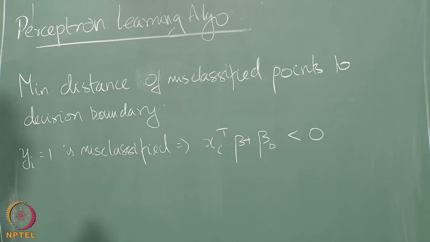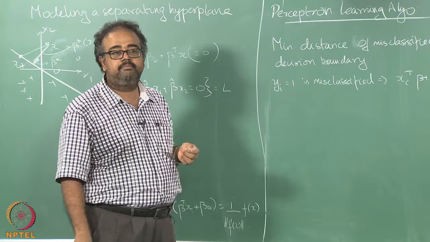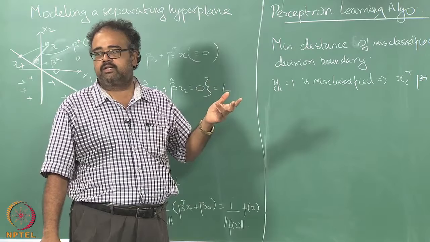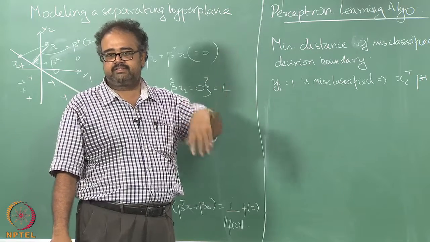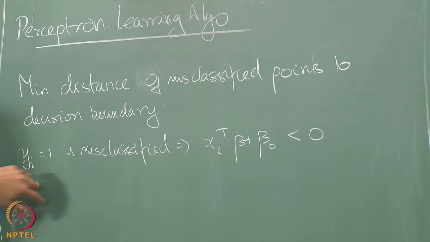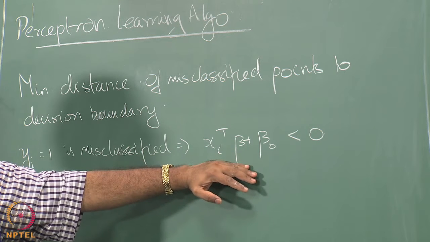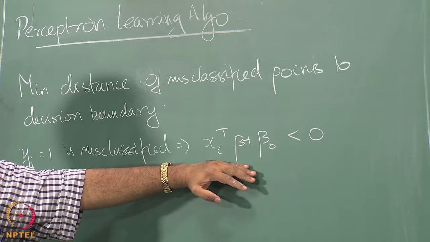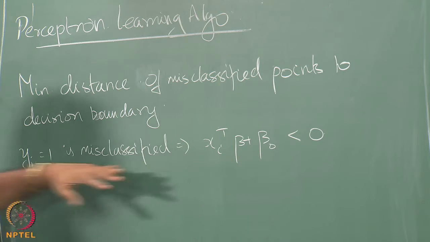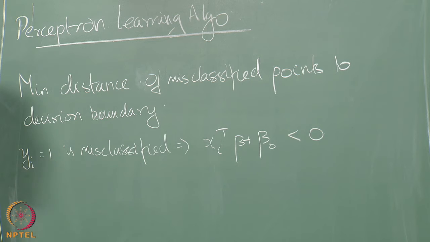So we will assume that for data points such that x_i beta plus beta naught is greater than 0, I will output class plus 1. Whenever it is less than 0, I will output the class as minus 1. So if the true class label is plus 1, but f of x is less than 0, that means I will be outputting minus 1, but the true class is plus 1, so that means this has been misclassified. So likewise, if